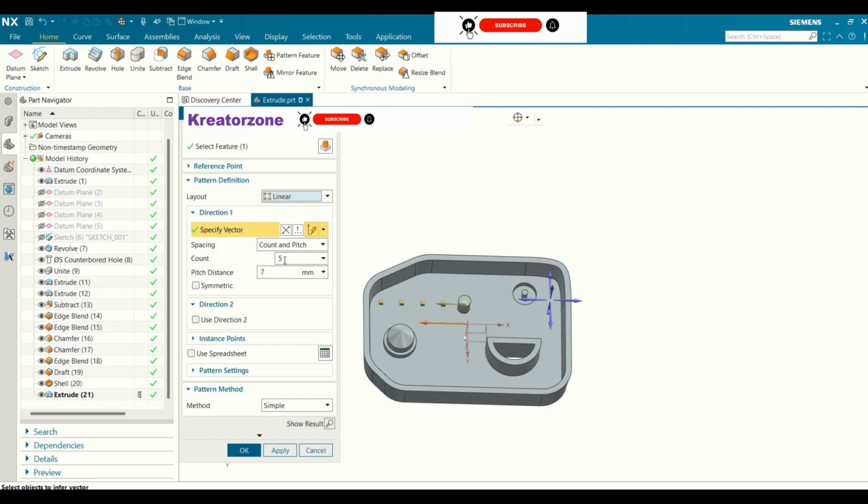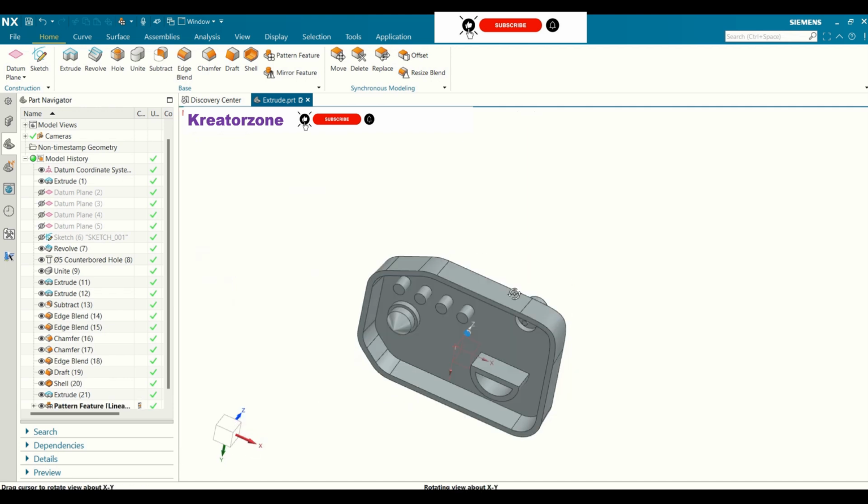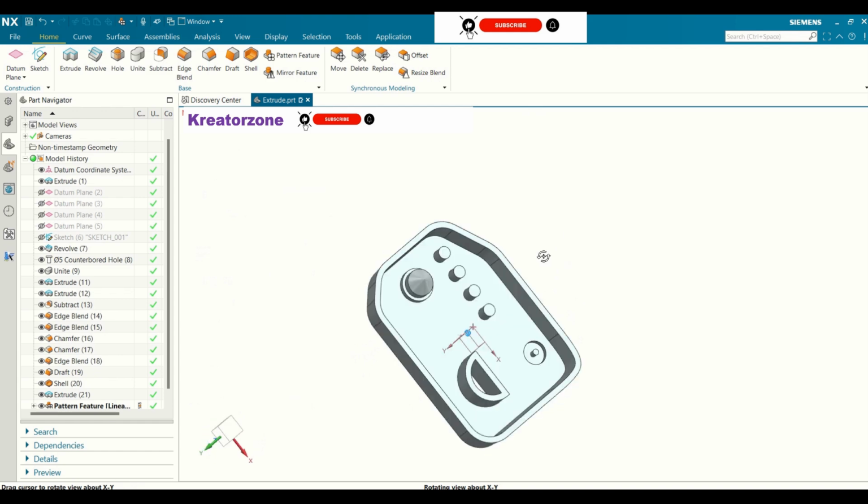We have 5. From 5 count, I will convert it into 4 count. Make the distance between each pattern as 8 mm and click OK. As you can see, a patterned